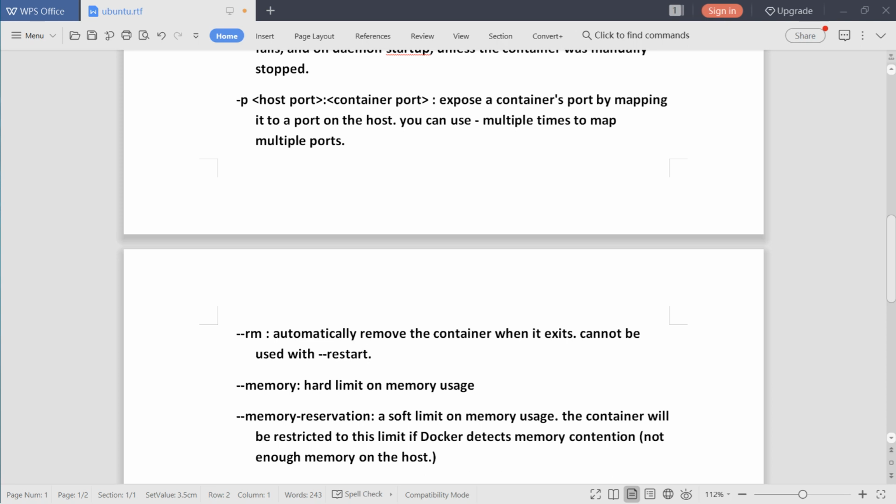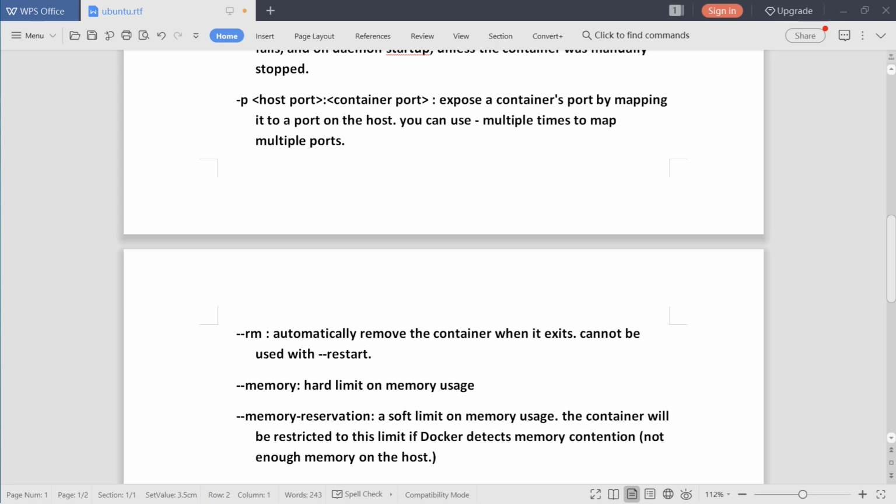For example, we can provide a 256 MB soft limit. The container will use up to 256 MB of memory reservation. The container will be restricted to this limit if Docker detects memory contention, meaning not enough memory on the host.